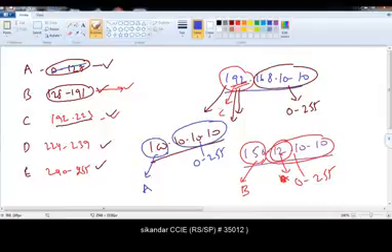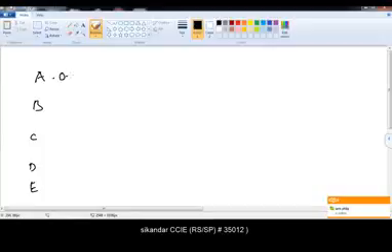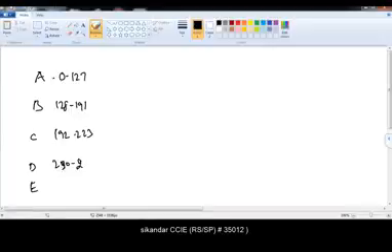So let's try to get into some more detail. We discussed that there are five classes: class A, class B, class C, class D, and class E. Also we discussed that 0 to 127 belongs to class A, 128 to 191 belongs to class B, 192 to 223 belongs to class C, 224 to 239 belongs to class D, and 240 to 255